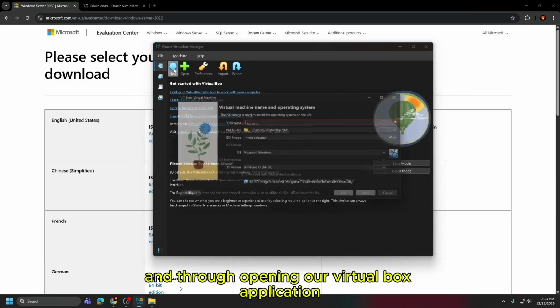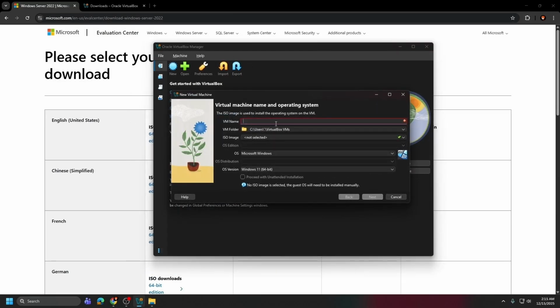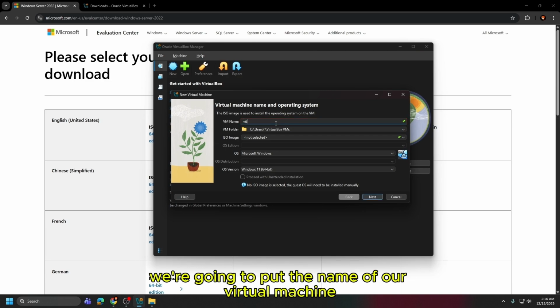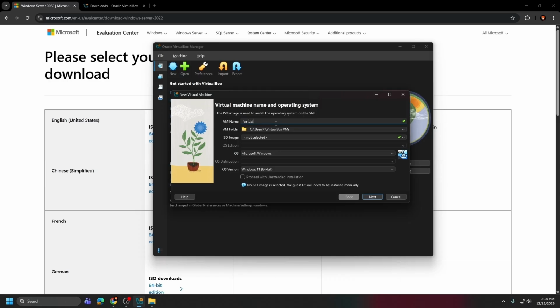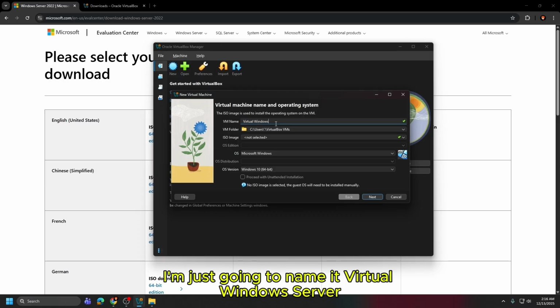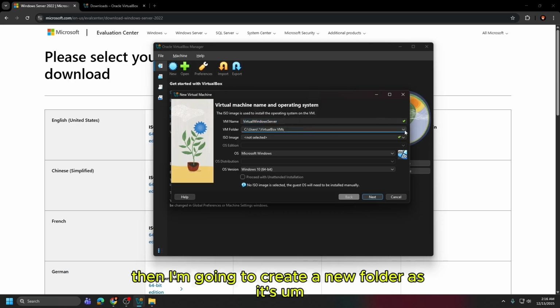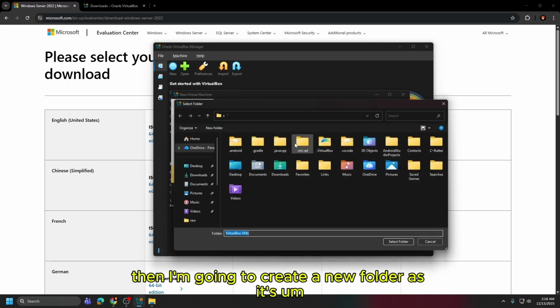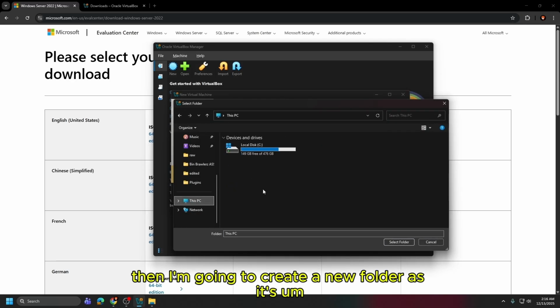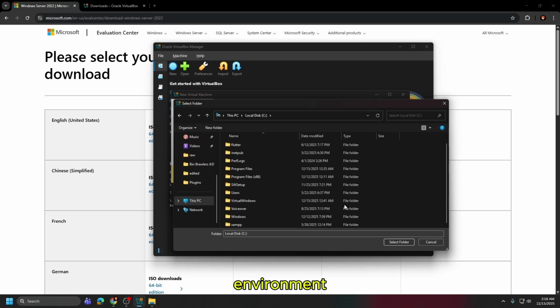And through opening our VirtualBox application, we're going to put the name of our virtual machine. In this case, I'm just going to name it Virtual Windows Server. Then I'm going to create a new folder as its environment.